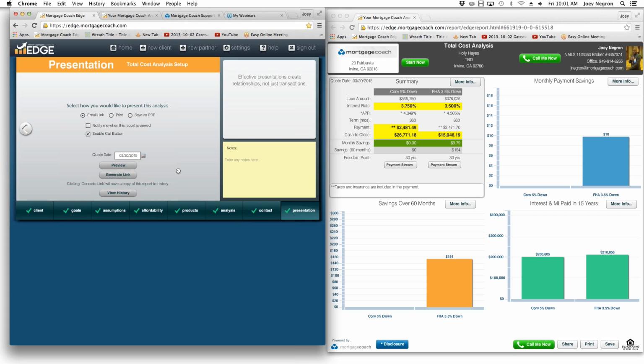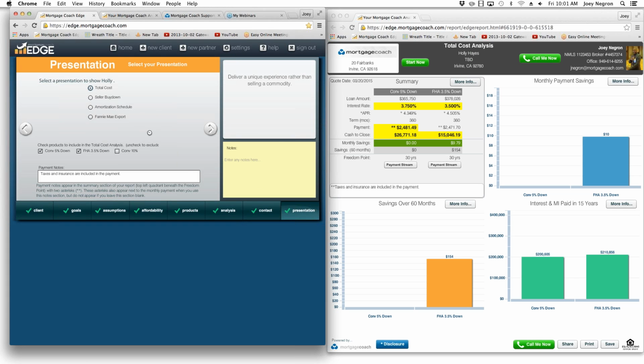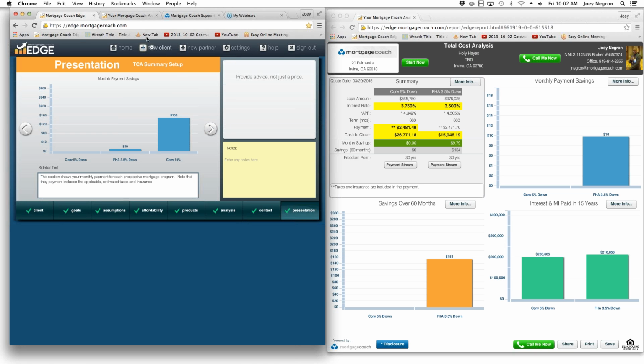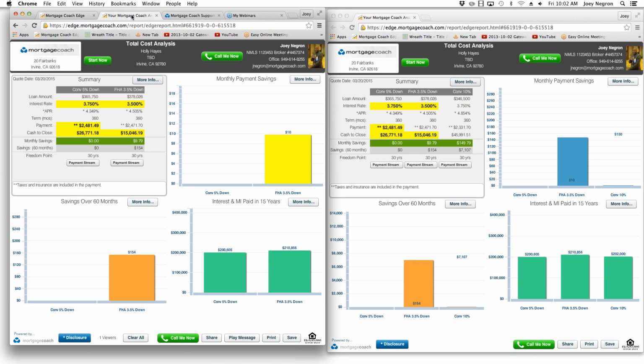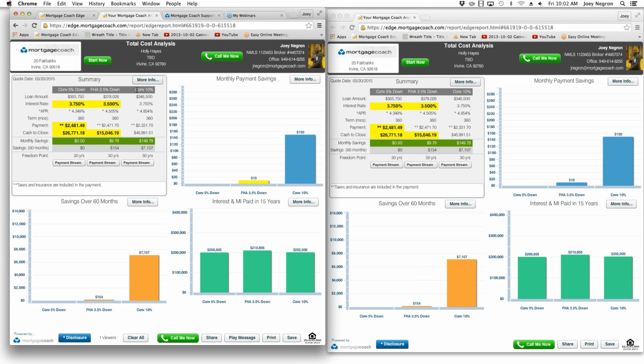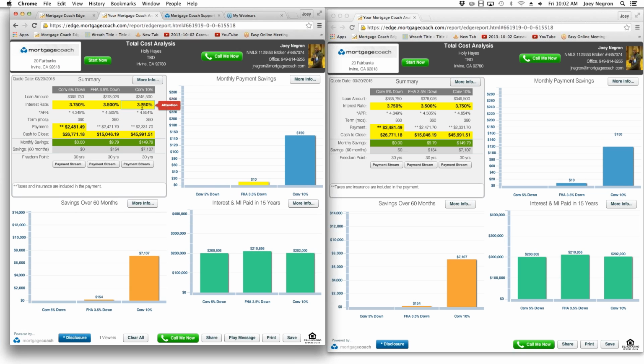I can go back into my system. My borrower has a question. They may mention that one of their relatives was going to give them an additional 5% or maybe additional money down. I can now add a product if need be, make adjustments on rates. But with that quick, simple change, you're going to see that it's going to add a third product, and now it's done. And that quickly, I can prevent having to correspond back and forth with emails. Other than that,